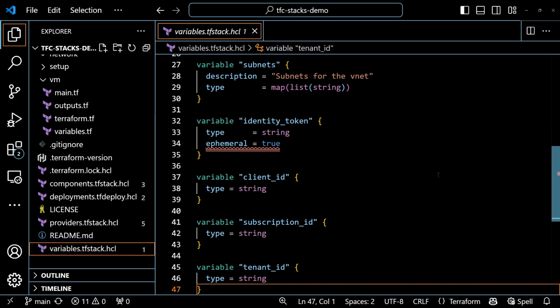variables.tfstack.hcl. So looking in that, these are the input variables that I am defining for my stack. And boy, these look pretty similar in syntax to the input variables you define for a root module. And that's because they are. There's really no difference here in the way that you define input variables for a stack that you would define input variables for a module. Now let's take a look at the